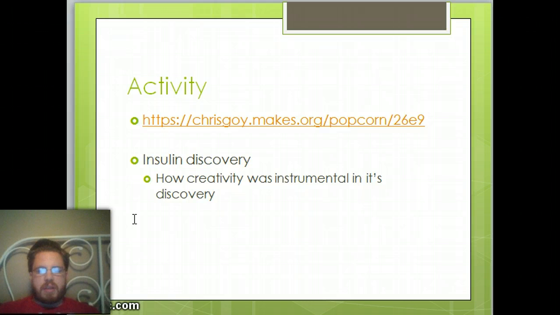So the activity for this particular unit is, you're going to have a look at this video that I edited and added some pop-ups into on insulin discovery. And I want you to think critically about what it must have been like in the early 1900s when insulin was discovered, which is a Canadian invention, which makes it kind of extra fun to put this video in. I want to think about how it was discovered and how creativity played such a critical role in it. And particularly, I want to emphasize how innovation is intimately tied to creativity, and creativity is intimately tied as well to problem solving and working with what you have.